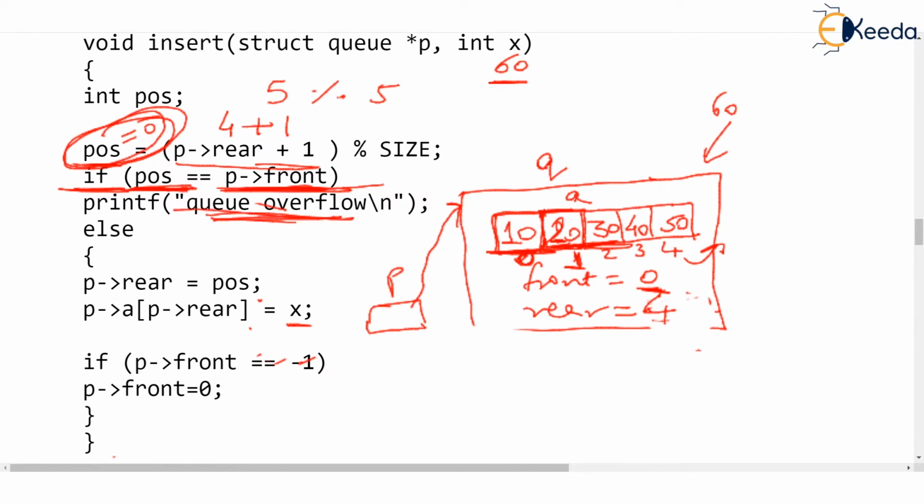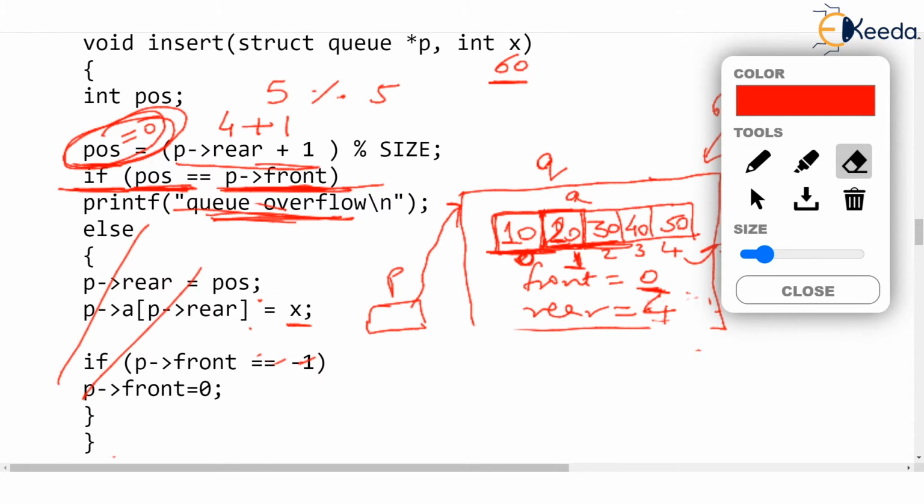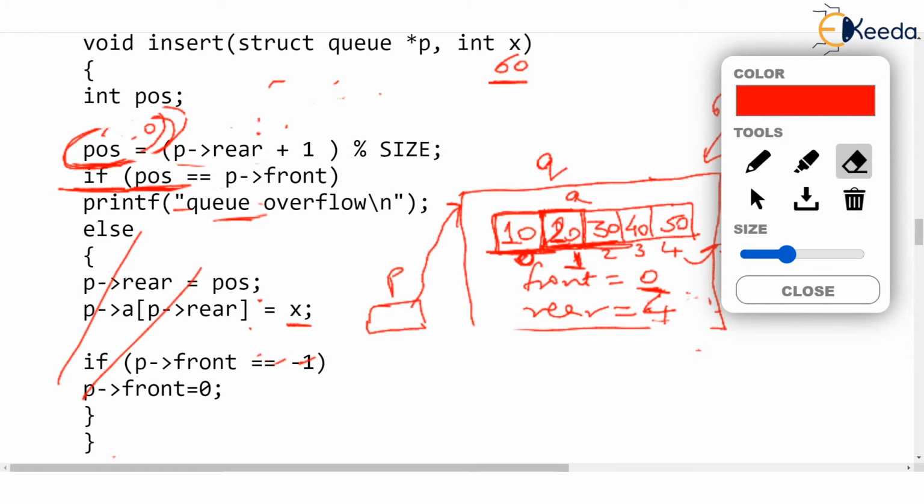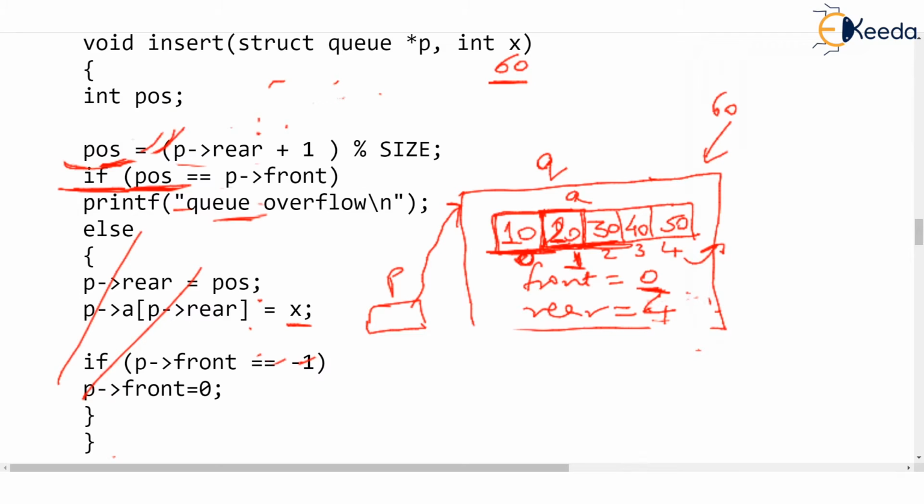It will announce overflow and it will not go to else. So however many times now you call the insert, it's always going to shout, there is no place. There is no place in the array, isn't it? That's how this percent operator has come and done all the trick. I hope you are understanding. I've still not finished with the discussion. Here we go. Very interesting discussion we are heading to.